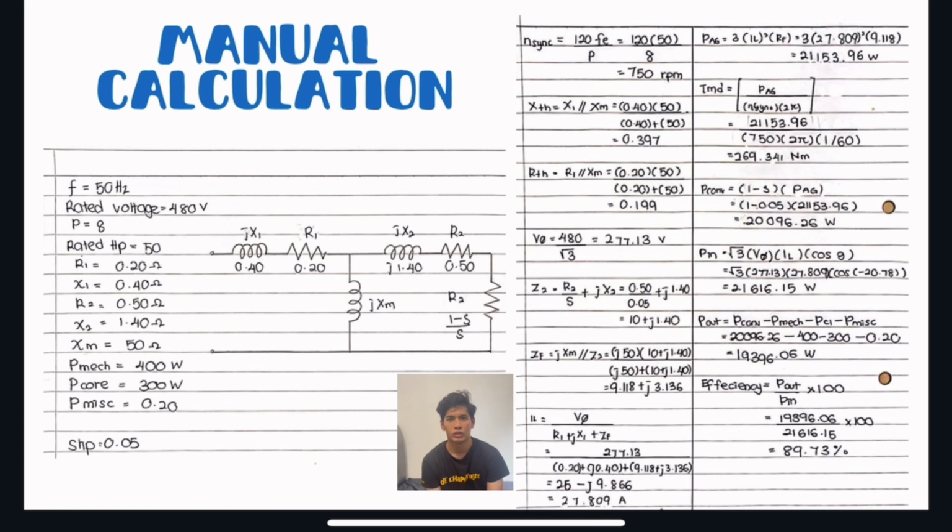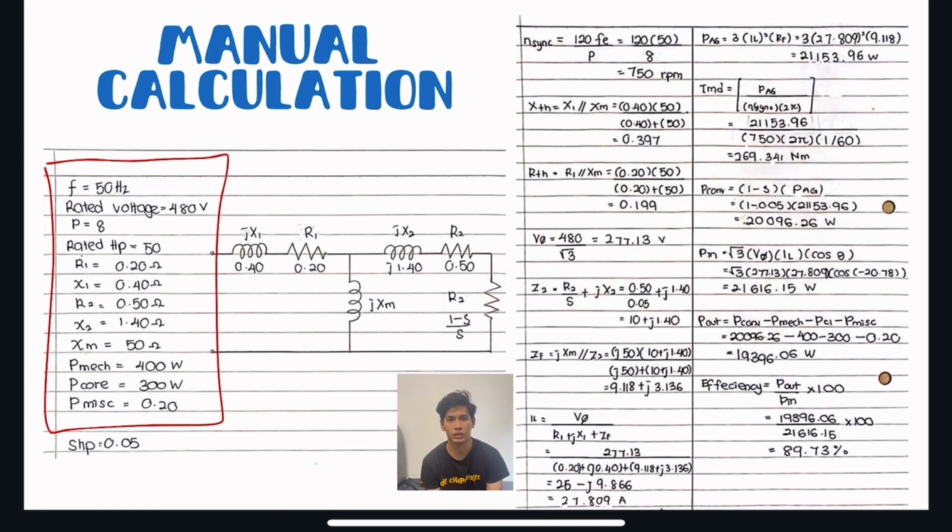CE230154. Today, I would like to present the manual calculation of our project, which is the induction motor. The values of the parameters that we selected in our project: the first one is frequency. The frequency is 50 Hz and the rated